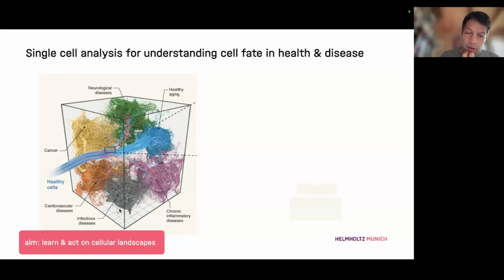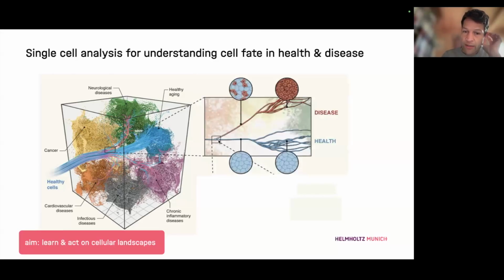And I think the aim of pretty much my talk, but a big part of the field, would be that we want to learn this landscape quantitatively, but then not just learn, but act upon it, right? So the learning part would be, we can reconstruct trajectories because we have so many samples, typically not longitudinal. That could be transcriptome, could be other types of information. But we can build these things now.